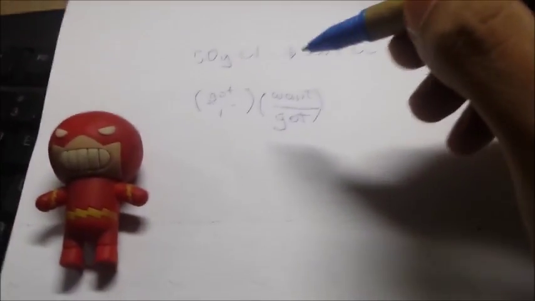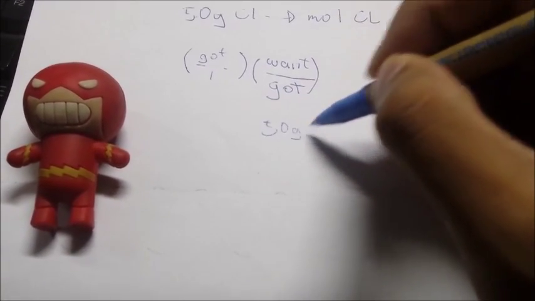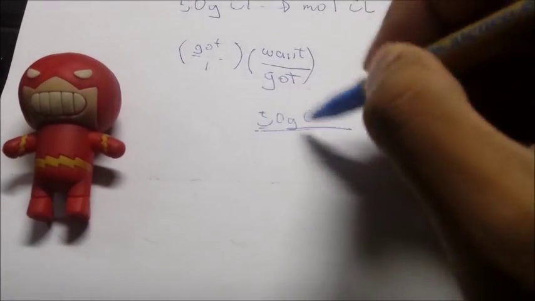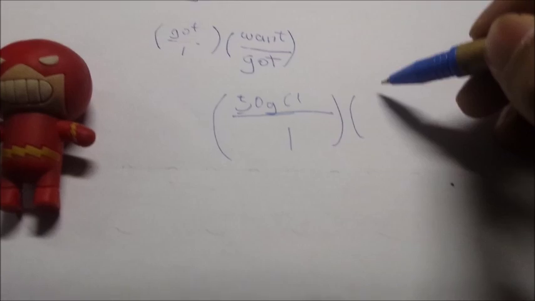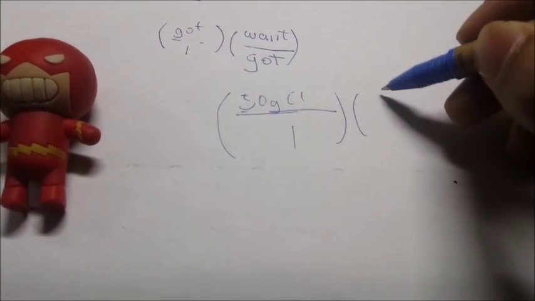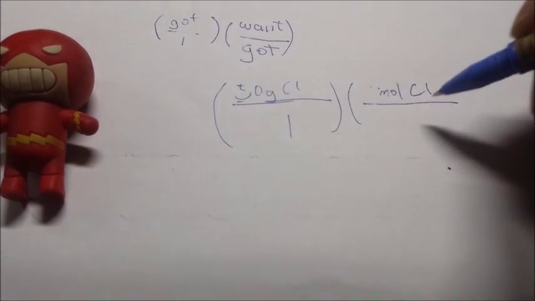So to start us off, let's substitute it again. It's going to be 50 grams of chlorine over 1 times what do you want? It's the moles of chlorine, all right? So we're going to have a mole of chlorine over